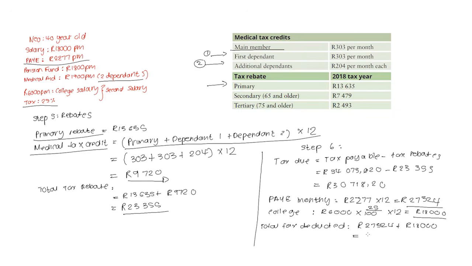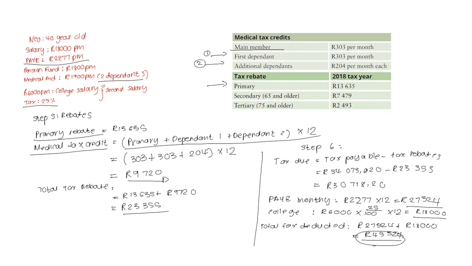And we get a final answer of 45,324. Now, the tax deducted from Neo is 45,324 Rand,